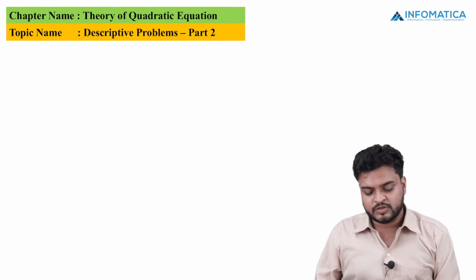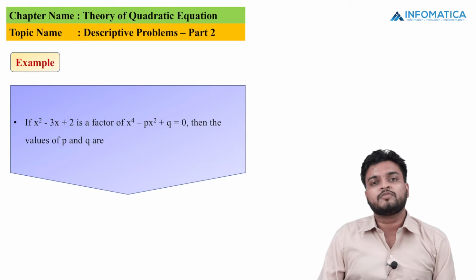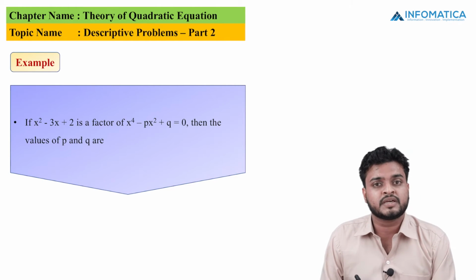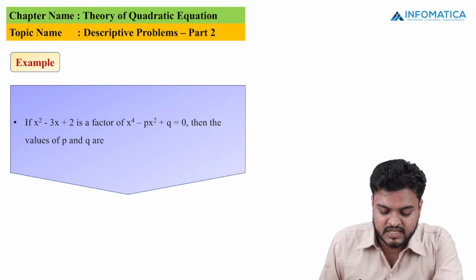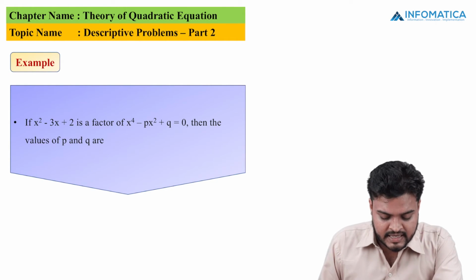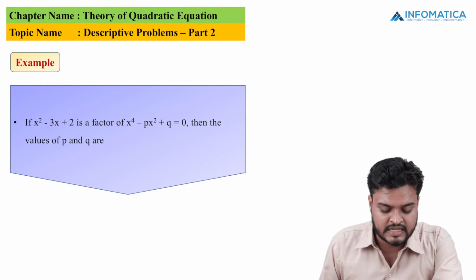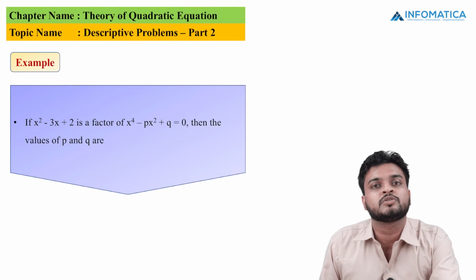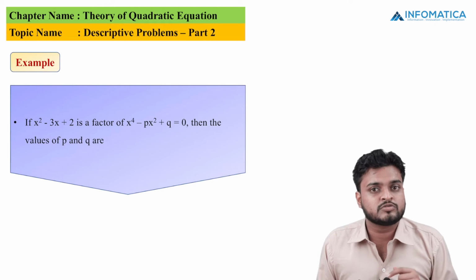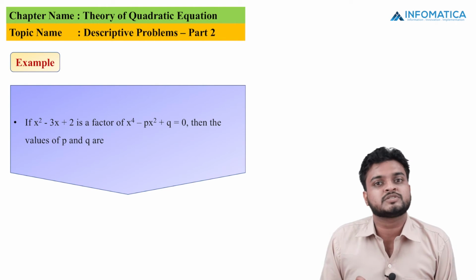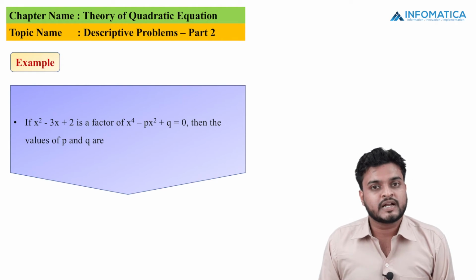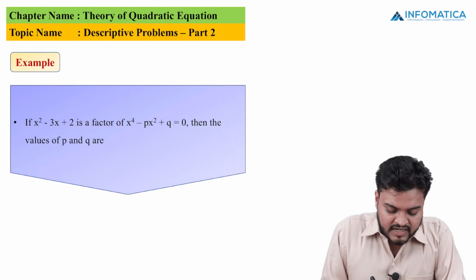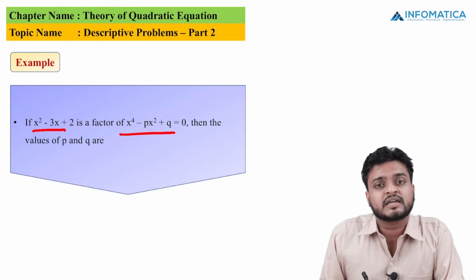क्वेश्चन में दो चीजें आपको दी गई है. एक इक्वेशन दी गई है ऑफ डिग्री 4 की, और दूसरी इक्वेशन आपकी क्वाड्रेटिक इक्वेशन है. पूछा गया है कि जो इक्वेशन है x टू द पावर 4 माइनस पी एक्स स्क्वायर प्लस क्यू इज इक्वल टू 0, ये इक्वेशन की जो फैक्टर है दैट इज एक्स स्क्वायर माइनस 3x प्लस 2 इज इक्वल टू 0. सो यहाँ पर बहुत सिंपल चीज है, x टू द पावर 4 को सॉल्व करना हम लोगों ने आपको नहीं सिखाया है. तो इसका मतलब क्या है, आप क्वाड्रेटिक इक्वेशन को सॉल्व करना जानते हैं, लेकिन यहाँ पर आपको एक बहुत ही ब्यूटीफुल कंडीशन दी गई है कि जो ये क्वाड्रेटिक इक्वेशन है ये पावर 4 इक्वेशन का क्या है,